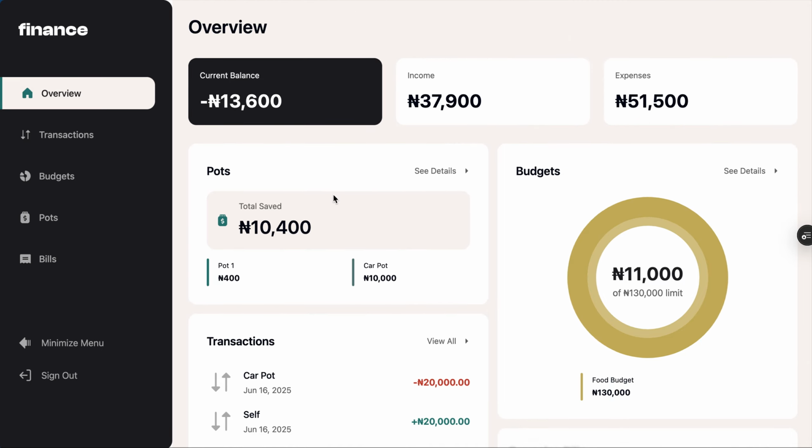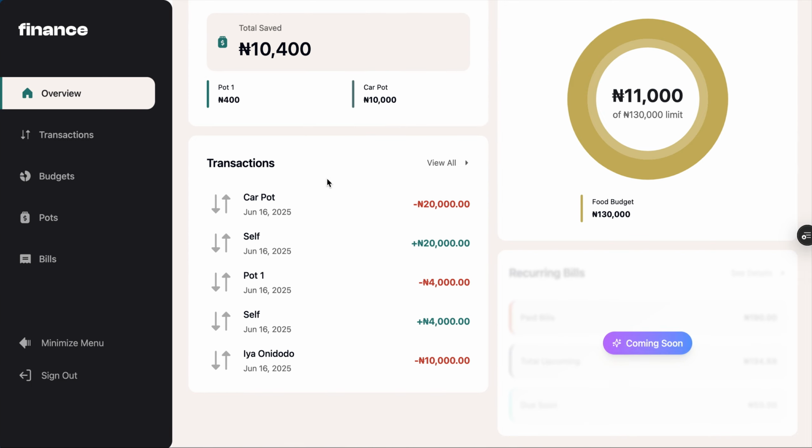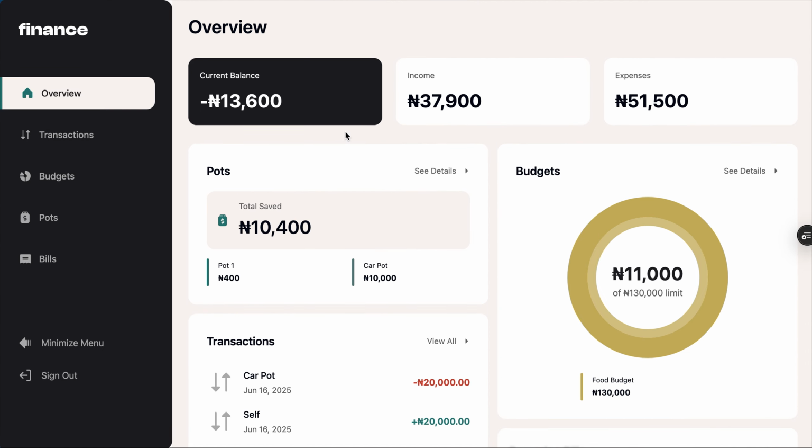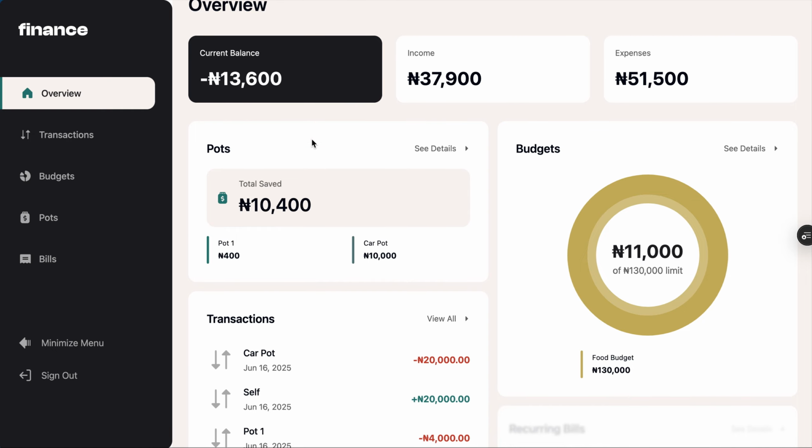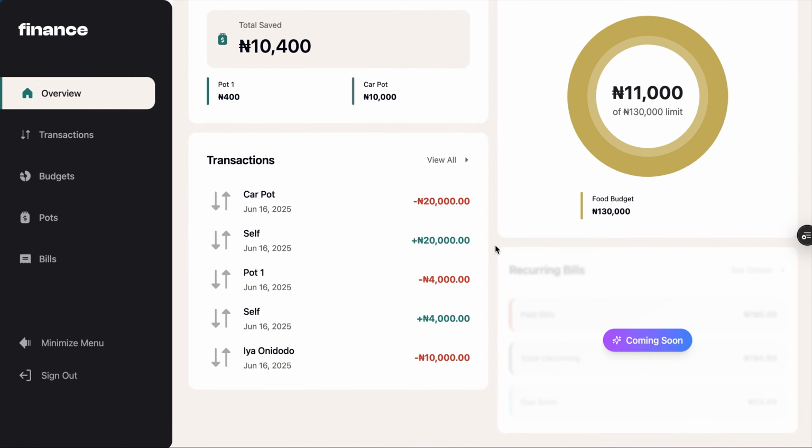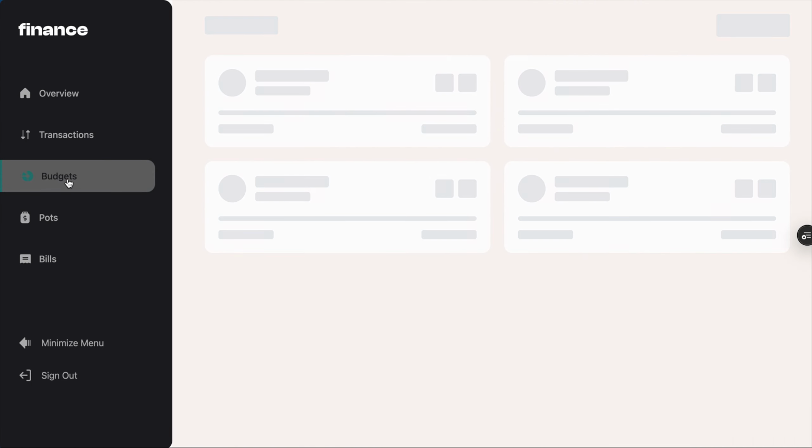So the general flow of the app is on your overview. You see everything that's going on. You have current balance, income, expenses. Currently, I'm 13k in the red, based on what I've put in here. My total savings is 10k, and out of that, I spent 11k out of a 130k limit for my budget, and such, right? So if you go to budgets, for instance,